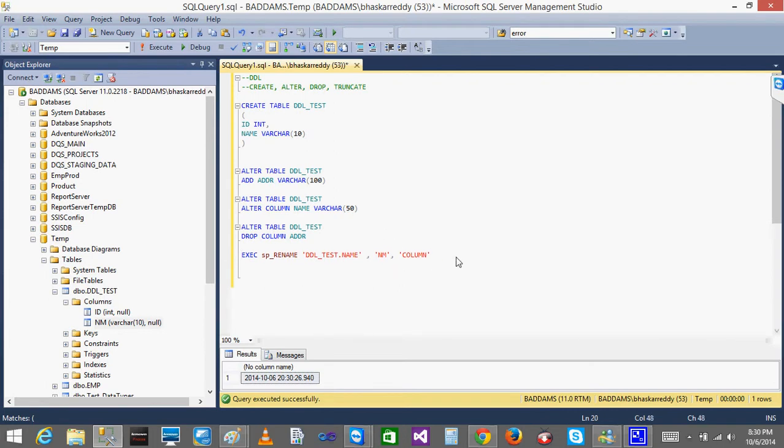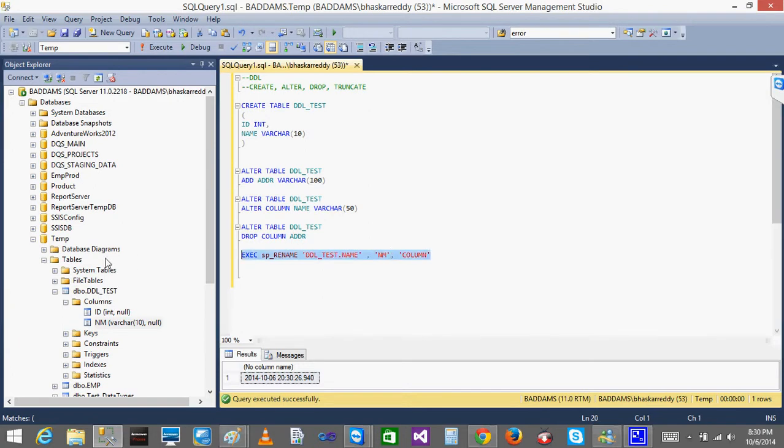So is everyone clear with this DDL? We are using apostrophes in the last execution. Is that necessary?